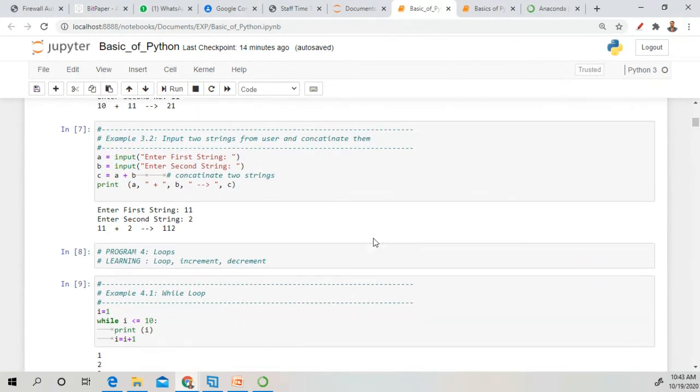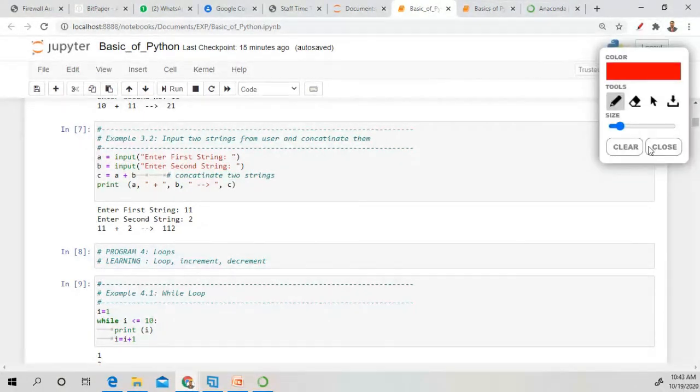No doubt. Okay. Now the input to concatenate them. So we have to take the two strings from the keyboard. As you can see in the output, we have taken the input for the first and second, and it will show the values right here.